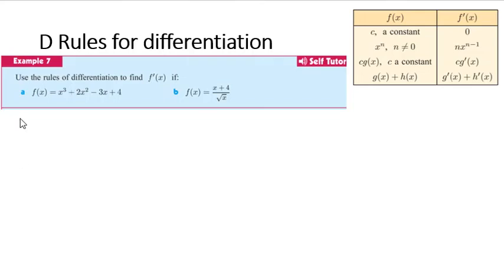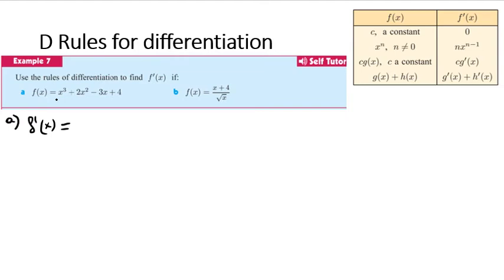Example 7. Let's start with A. So we have to take the derivative of the function here. To take the derivative of f of x, you have many terms, like you have 4 terms here,